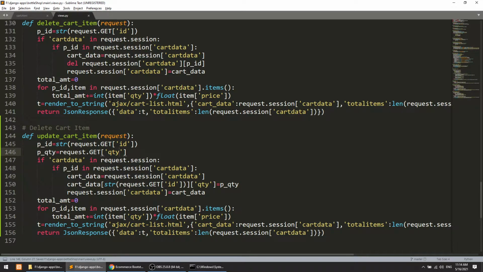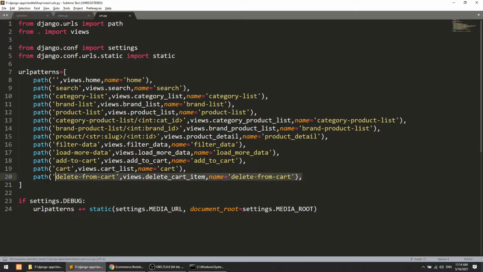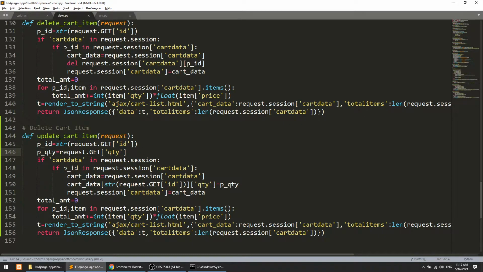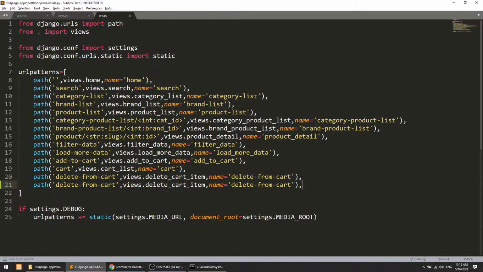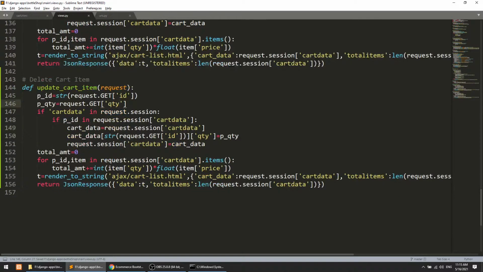Now we will modify the urls.py file. What we are doing: update cart item. So update cart item, and this will be update cart. This will be update cart. Okay, we are done in urls.py. We are done in views.py, and now